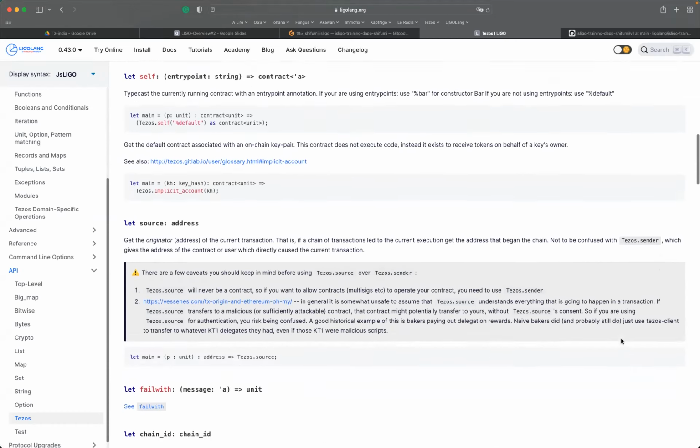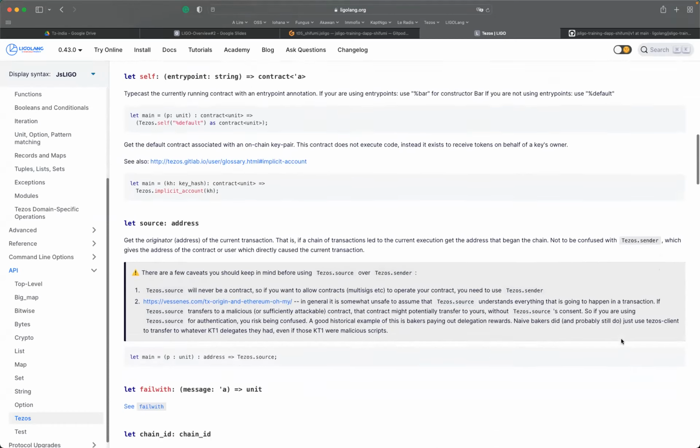I don't remember the exact wording of the originator address, but the sender gives the address of the contract or user which directly calls the current transaction. So we have two capabilities to retrieve an address, which are the source and the sender. But this one is related to the Tezos. We are going to use the sender.